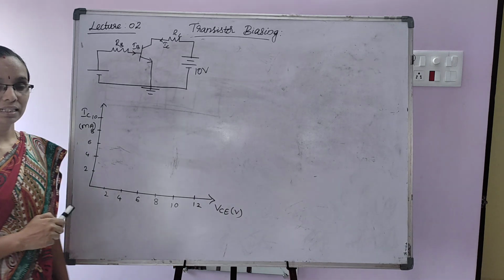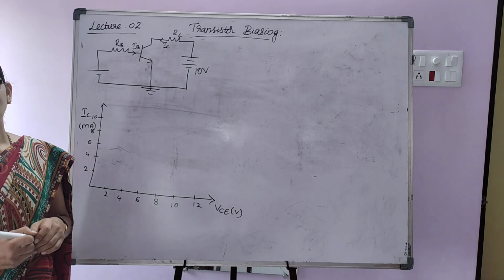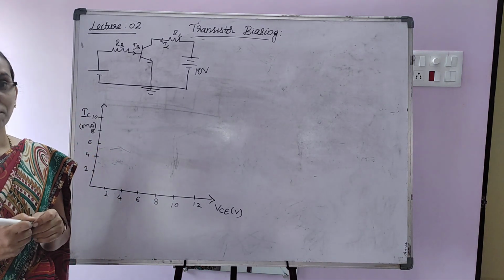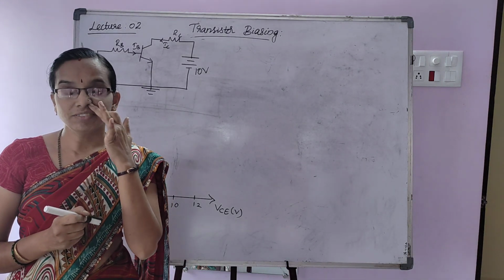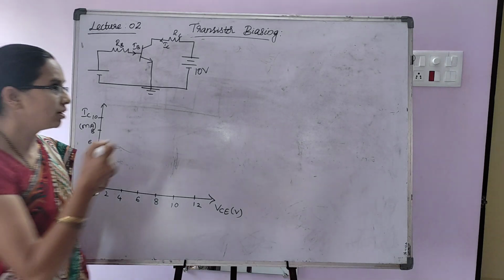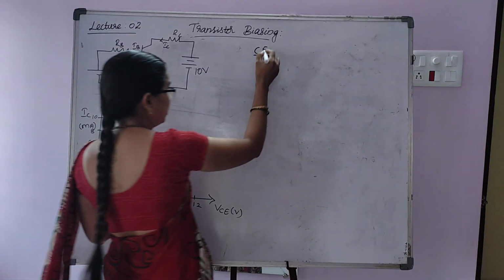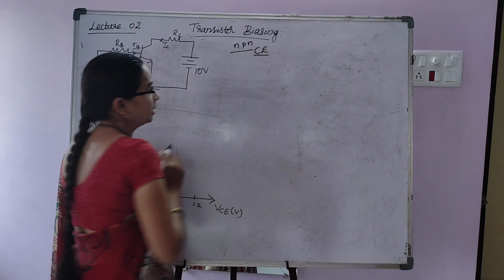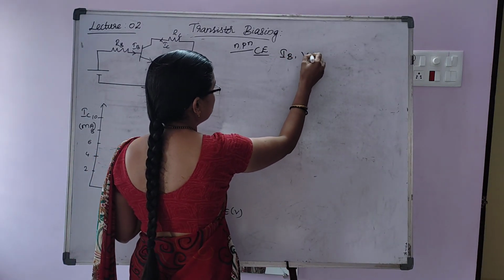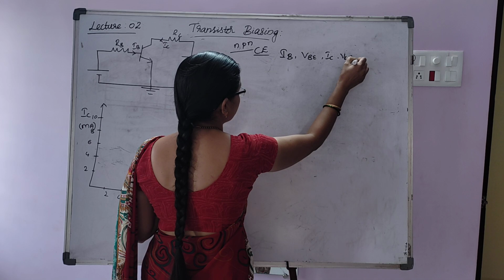Yesterday in transistor biasing we have seen what is the need for biasing and how to draw a DC load line. After biasing, a transistor will set the values of some DC voltages. We have considered an NPN transistor in CE mode. In that we could set the values of IB, VBE, output current IC and output voltage VCE.